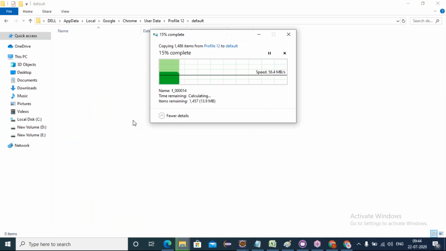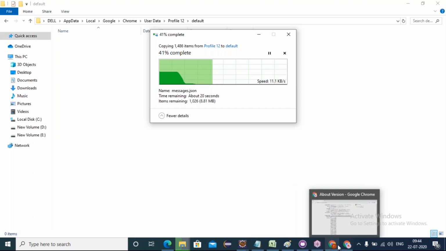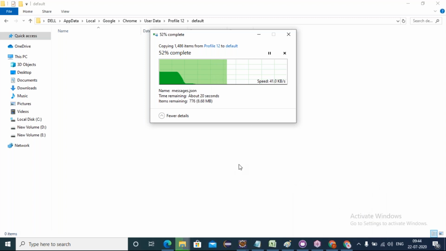While pasting those Profile 12 files into the default folder, at the last stage you may experience an error asking about profile browsers, because these browsers are open. It will ask you to close those profile browsers. Both the default profile and your created profile have to be closed.